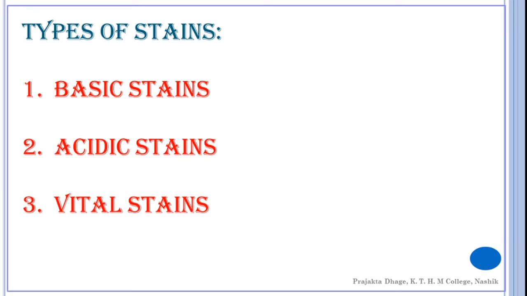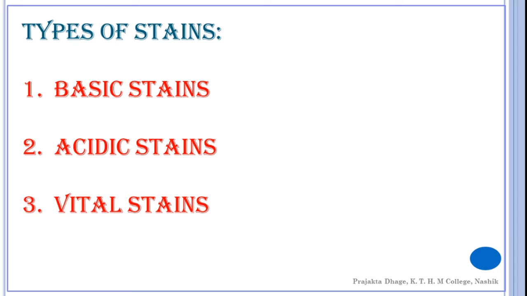Many stains may be for general use, or used for staining either the nucleus or the cytoplasm, or they may be specific with regard to a particular component. It must be emphasized that many stains require special methods of fixation and preparation of the tissues. Stains in general use are considered to be either acidic or basic, but in fact they are neutral salts having both acidic and basic radicals.